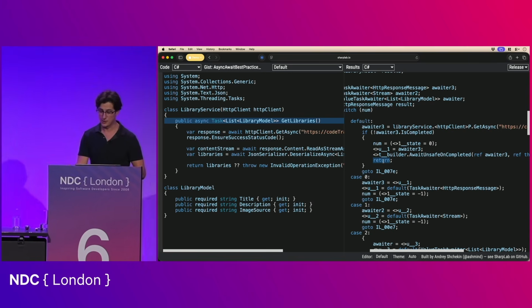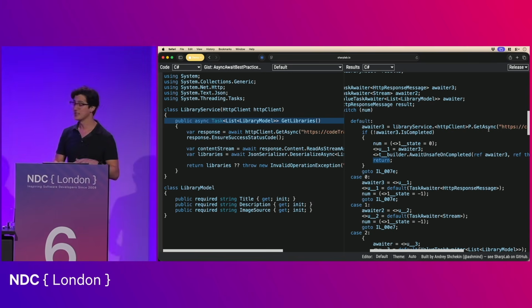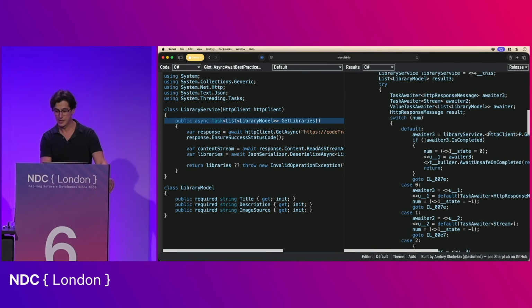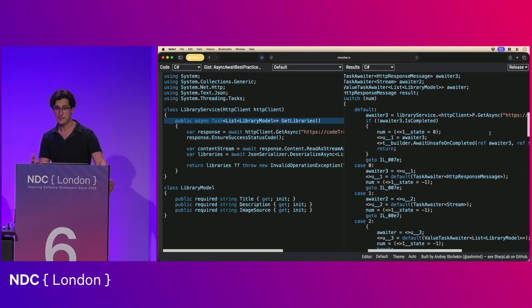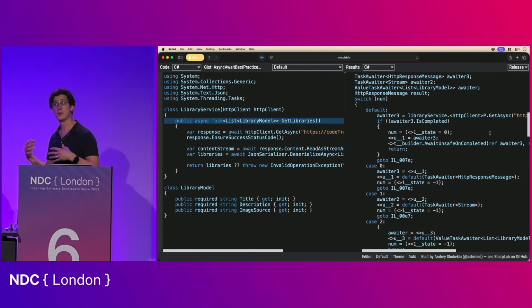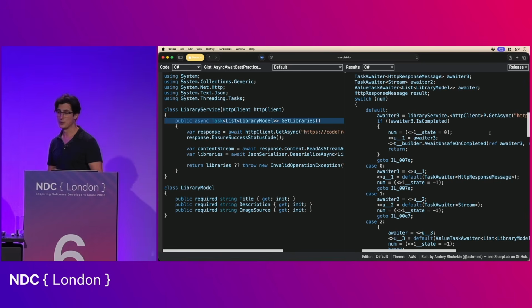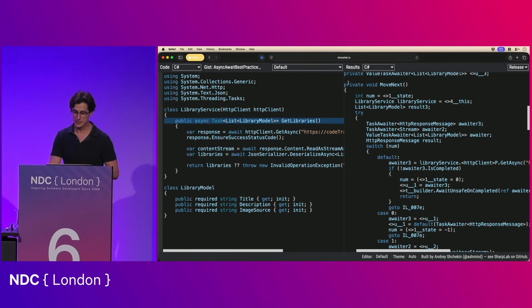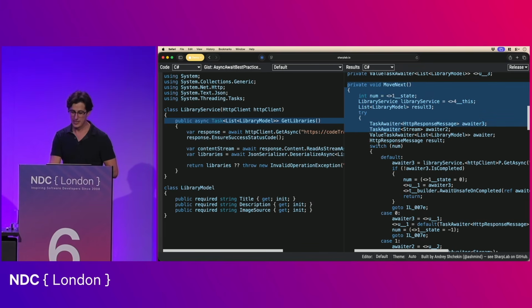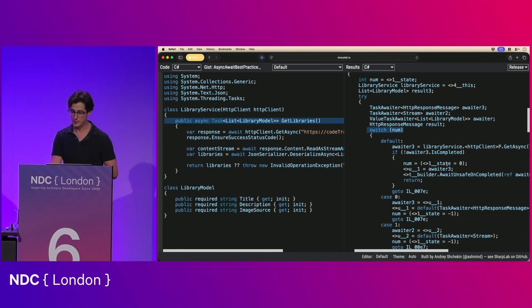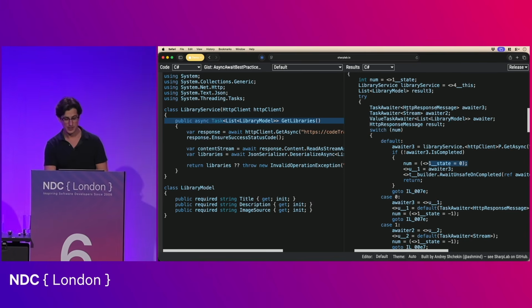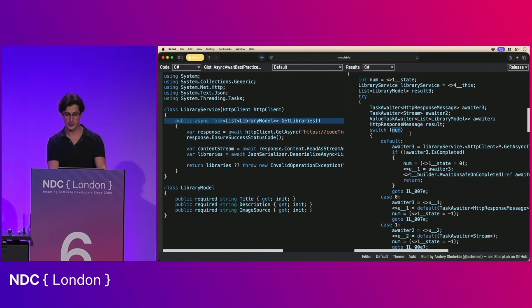So it does, and awaiter3 or getAsync does its thing, and when it's done, this getAwaiter that's on every task will fire and let .NET know that it's complete. And again, .NET will always ask it, hey, what thread called you? And it'll, in this case, say thread 1. So .NET goes, all right, thread 1, you're back up. .NET tells thread 1 to come back into move next, and then we enter our switch statement again. But if you remember, we set our state to 0 before we left. So to pick up where we left off, we now switch on num, which is 0, which means we go